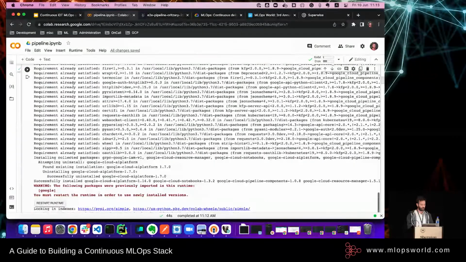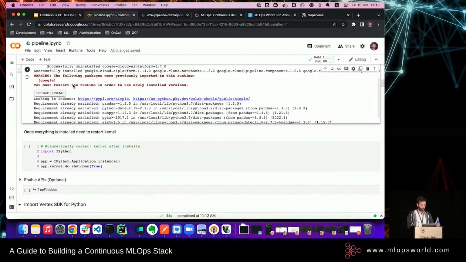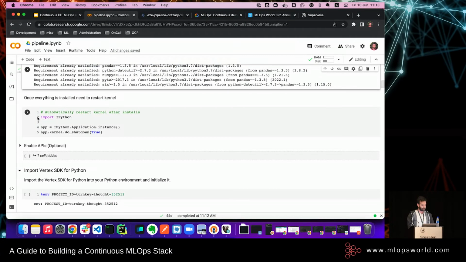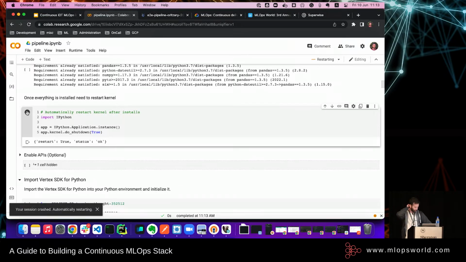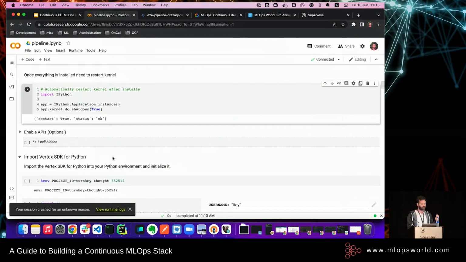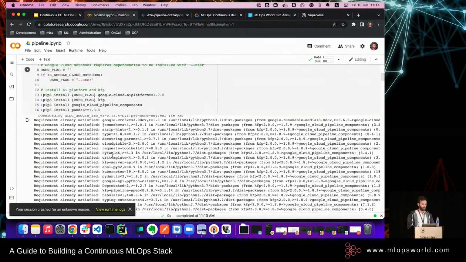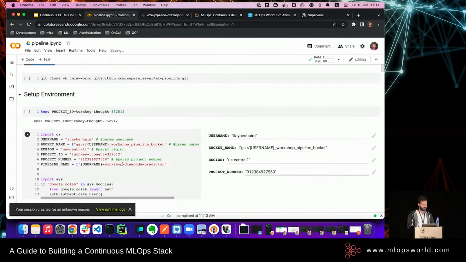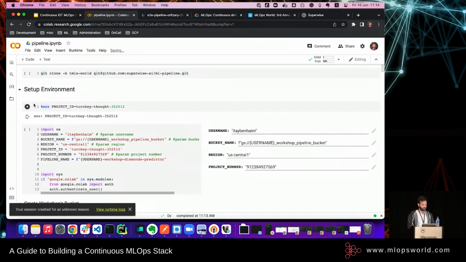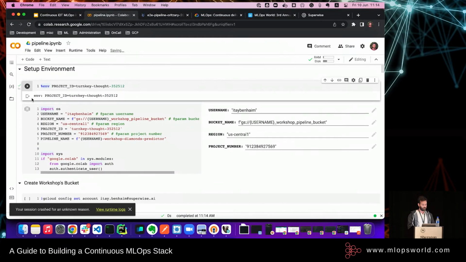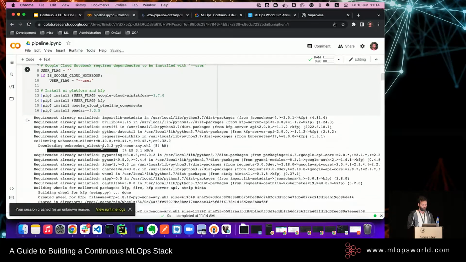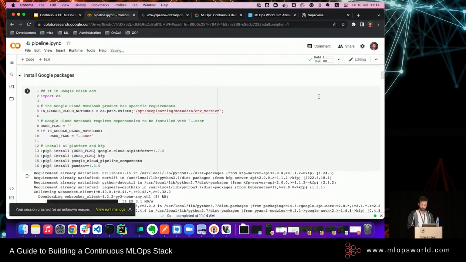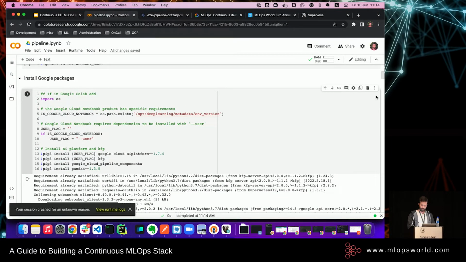So great, after we got this running, some errors maybe with conjunction, it's all good. And we can restart the kernel. We must do it in order to get those packages. Now, after we restart the kernel, as you probably know, we don't have anything set up, so I'll just go a bit further up and run those two again. So authentication is not needed anymore. And we can go, let's clear this output.